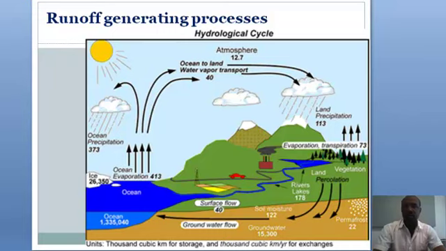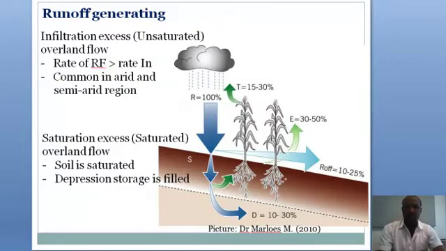Coming to the runoff generation process, of course this is very familiar to all. Runoff will be generated, and runoff also is part of the water cycle. And this runoff, which happens due to precipitation, could be caused either by infiltration excess, if the rainfall exceeds the rate of infiltration, or by saturation excess, and therefore runoff could be generated in either of these two main ways.